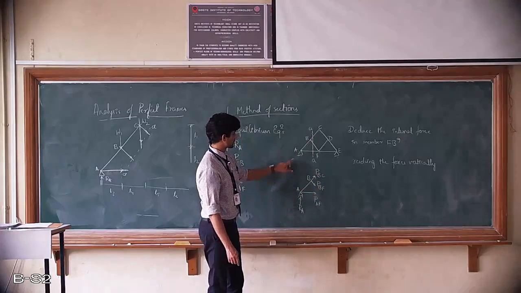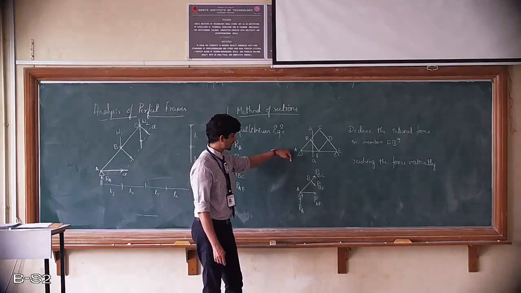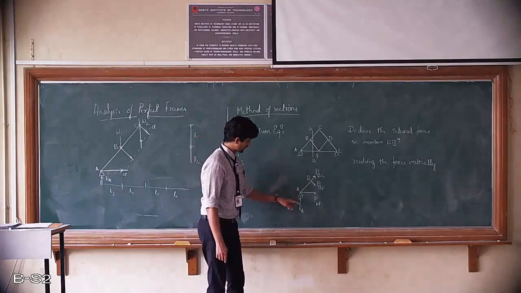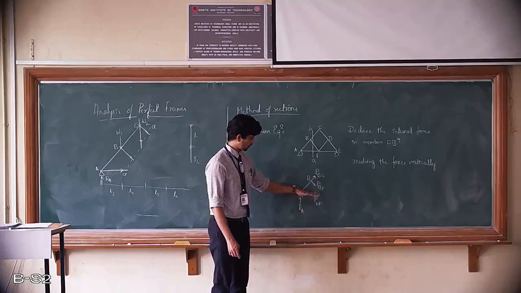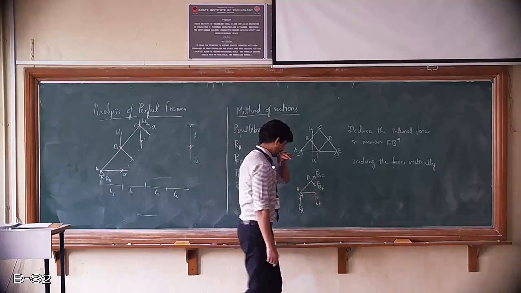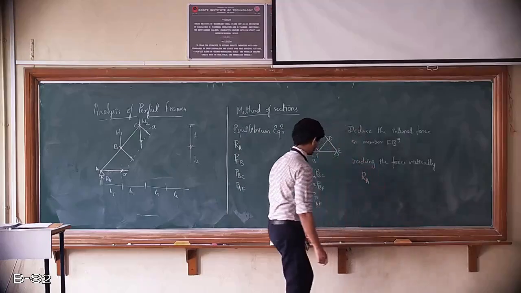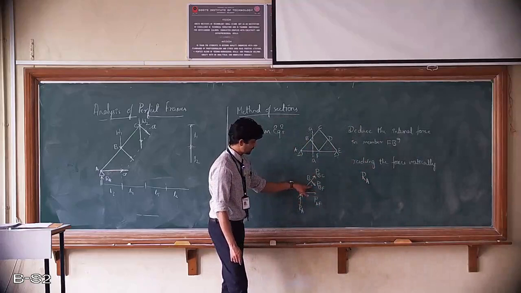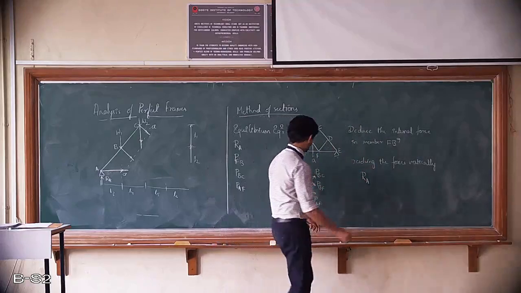Now all the forces which are acting upward, I will consider that to be positive. All the forces which are acting downwards, I will consider that to be negative. In that particular case, this particular element PAF, that is acting horizontally, is not considered. RA, which is acting vertical, is positive. Then PBF or PFB, which is acting inclined downwards, will be negative.